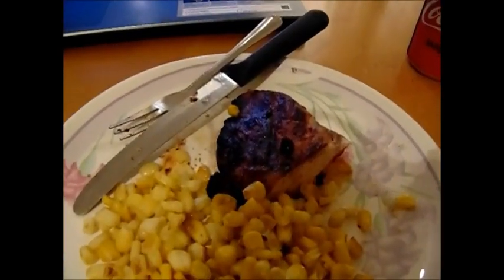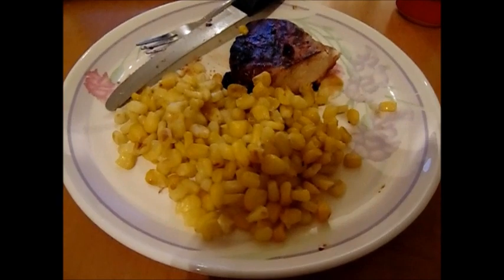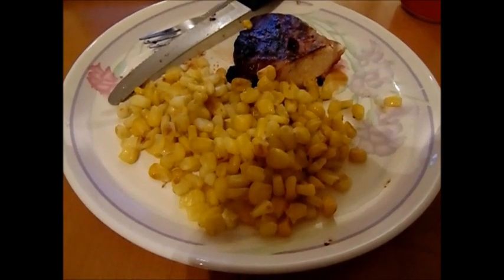Okay, so here we have 3.5 ounces of barbecue chicken with a 3/4 cup of corn, and then of course I have my mini Diet Coke here,